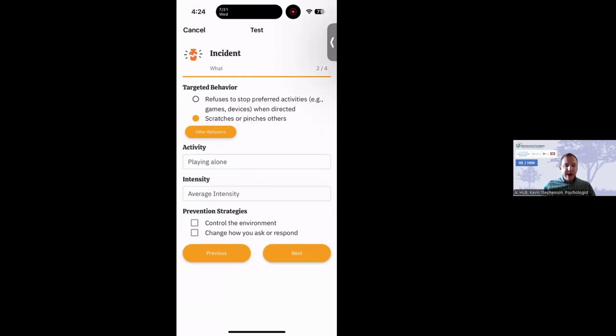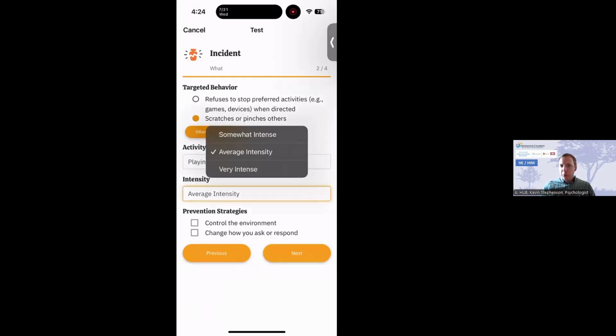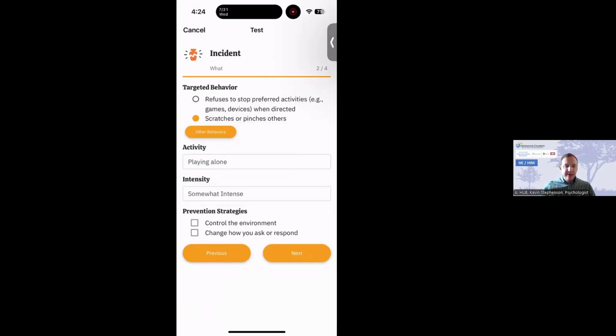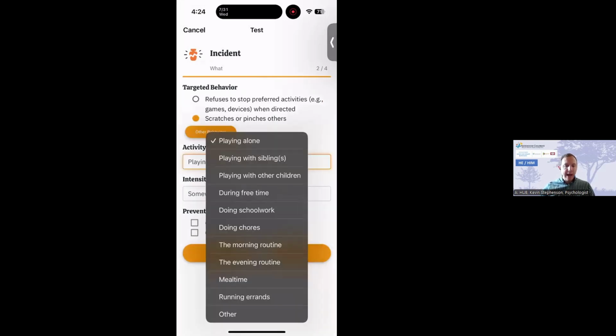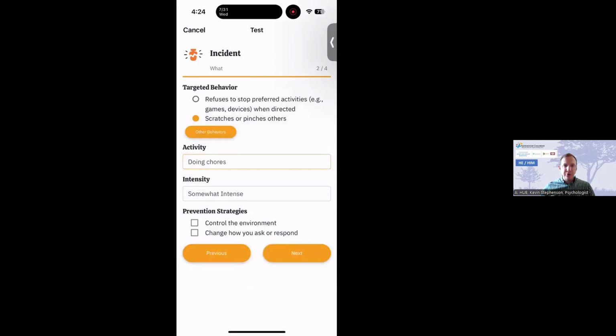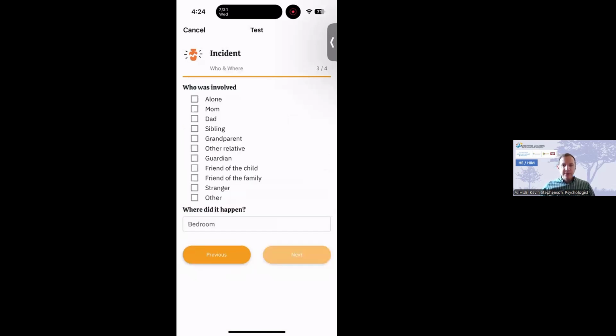But let's say there was some scratching, you can put a general intensity level. Maybe it was just somewhat intense, and you can do when it was happening. Maybe it was during chores. Prevention strategies of maybe changing how you ask or respond could be a good thing to use in that moment.